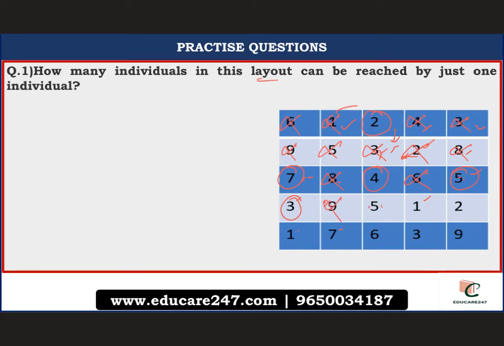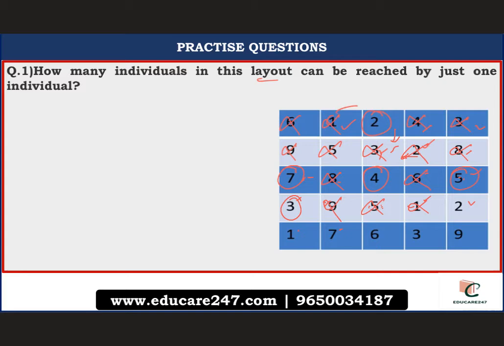Let us check for 9, 7, 5, obviously. So this is eliminated. Let us check for this 5. 1 can reach, all right. Who else can reach? This 2 can also reach, all right, because in between 5 and 2, 1 is there which is at a lower height than 2. So this is eliminated, right. Let us check for 1. No one can reach 1, hence this is anyway eliminated.